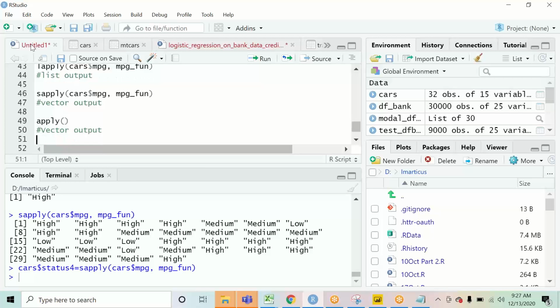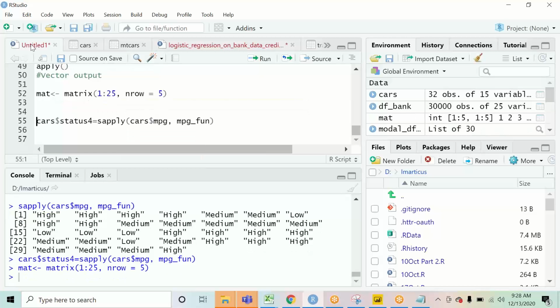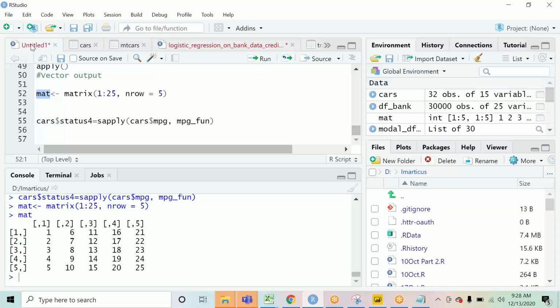So like for example, I had shown you this example previously that if I create a matrix over here, let us create a mat, that is a matrix from numbers 1 to 25, and I need a number of rows equal to 5, right? So this is a matrix that I have right now. Say suppose I want to add up all these numbers together.